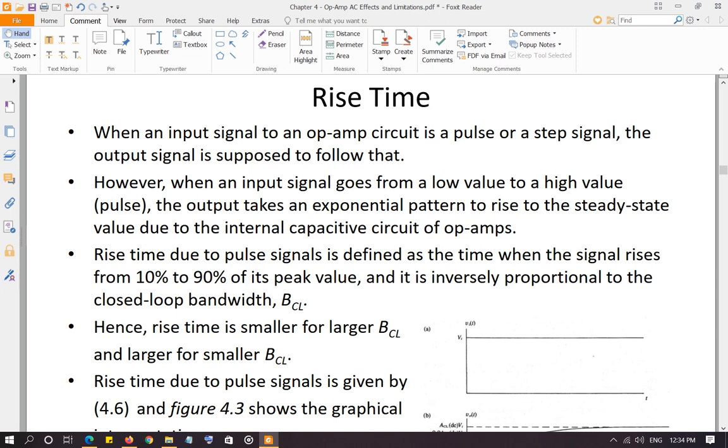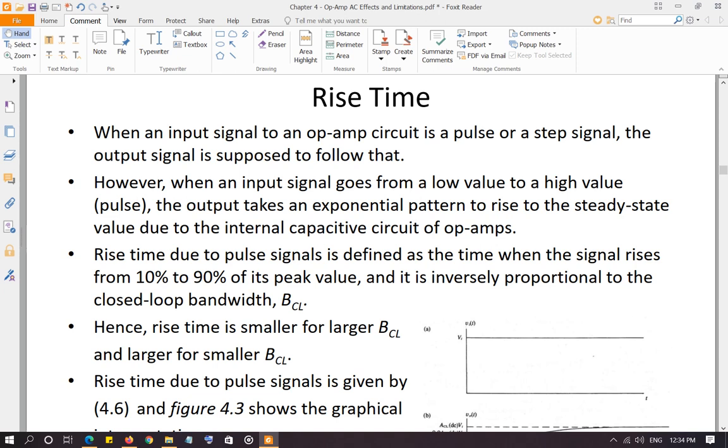So now we're going to look at how the closed loop bandwidth of operational amplifier circuits, as we discussed in the last topic, affects the rise time of pulse signals or step signals. Many times our signals, especially digital signals, are pulse-like signals. The values are going from 1 to 0, and the idea is, since you looked in the first chapter,